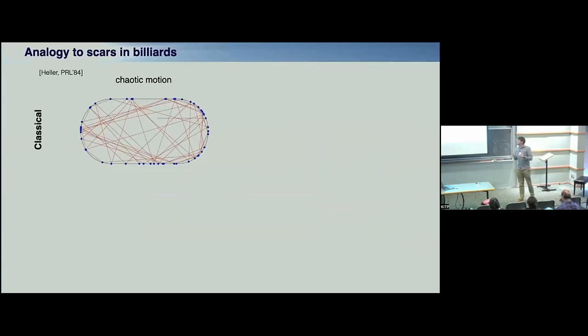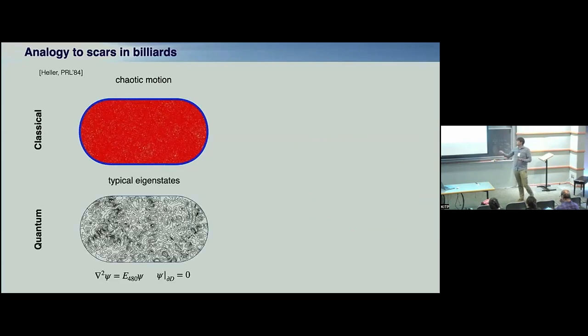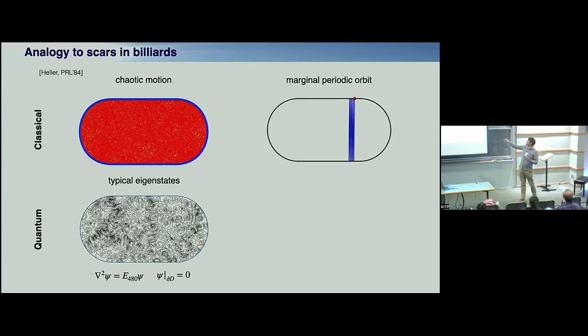billiard, and classically we know there is chaotic motion. Quantum typical eigenstates look like a collection of plane waves, as we already heard, right? That's a typical eigenstate in a billiard. And then this billiard has a bunch of special trajectories. There would be some marginal trajectory where particles stick around for some time. There would be some unstable trajectories. There can also be billiards with mixed phase spaces, right? And then again, I don't want to go into subtleties. There are a lot of subtleties here.